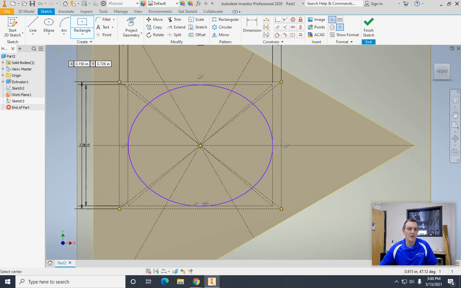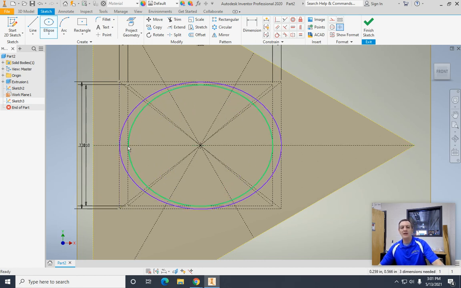There we go. So now we'll just go ahead and go to the ellipse. Go from here straight up till that turns green. Click. Oh, but I've still got it on construction line, so I want to turn that off. You can always draw over the construction line, but I caught it in time where I'm just going to go from there to here, and then hit escape. We're going to finish the sketch,